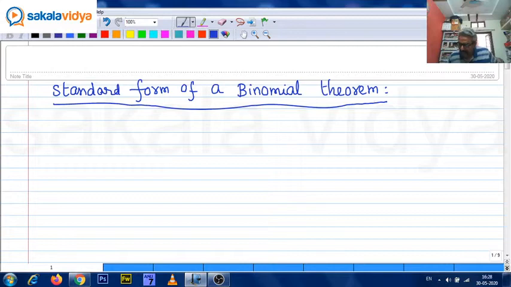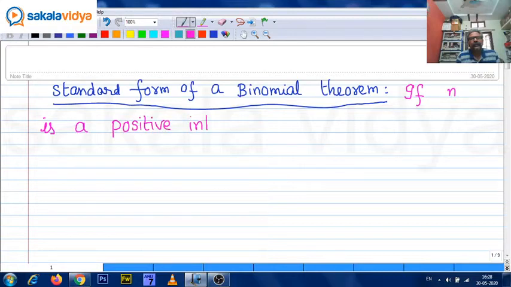What is the standard form of the binomial theorem? Right. So that means if n is a positive integer, then